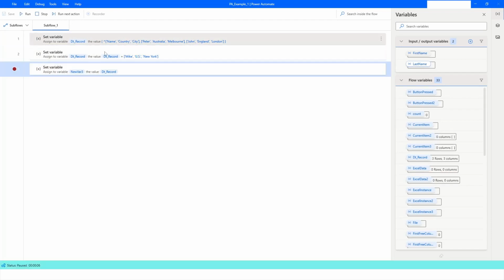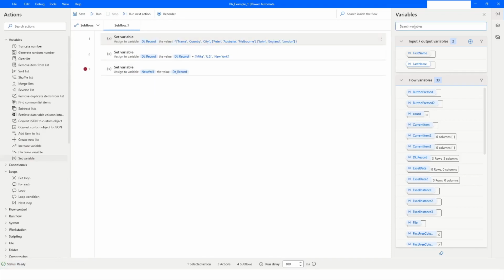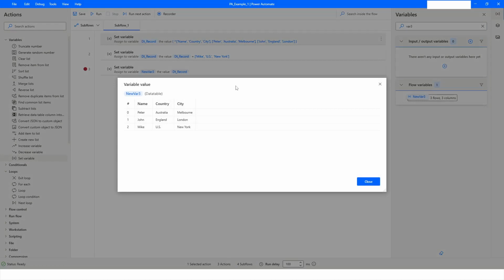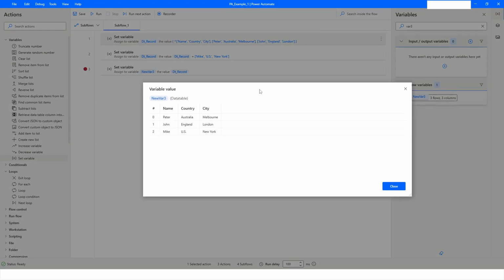and then the value has been assigned. I will click on run next action and then look for var3. When I click on it, you see that it has been able to maintain the type of the data, which means in the variable DT record, I had a data table variable. When I did the reassignment, which means I assigned this value to the new var3 variable, it is able to maintain the type of the data. It is still a data table variable and the value is in the row and column format,